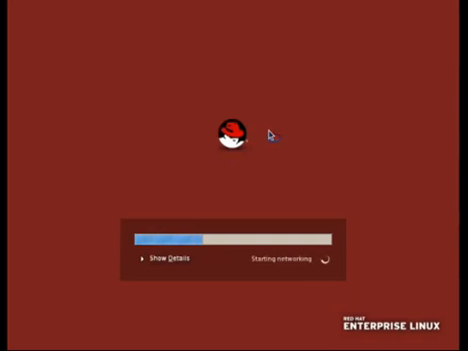It takes some time to start because it has to detect all the devices and load all the files. So compared to Windows, it takes more time to start.